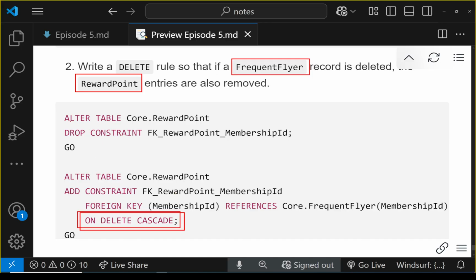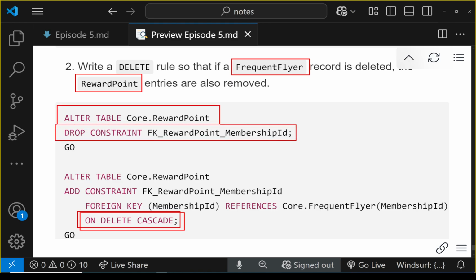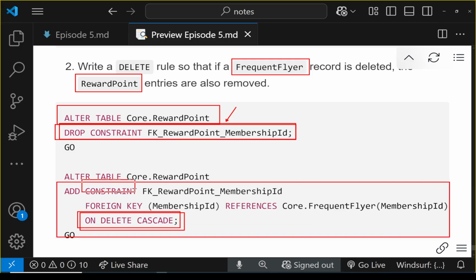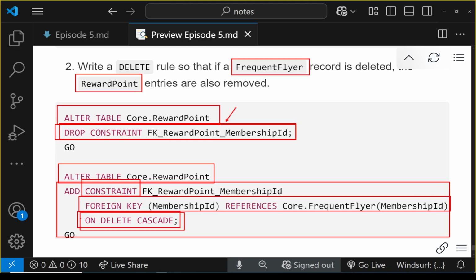So what we are going to do is to alter the table. We are going to drop the constraint on that foreign key that we created. If you want to add this behavior, you cannot modify a foreign key constraint directly. You need to first delete it. You're going to drop it, and then you're going to add that constraint again. You're going to alter the table and add that constraint again with the same configuration, but in this new constraint,